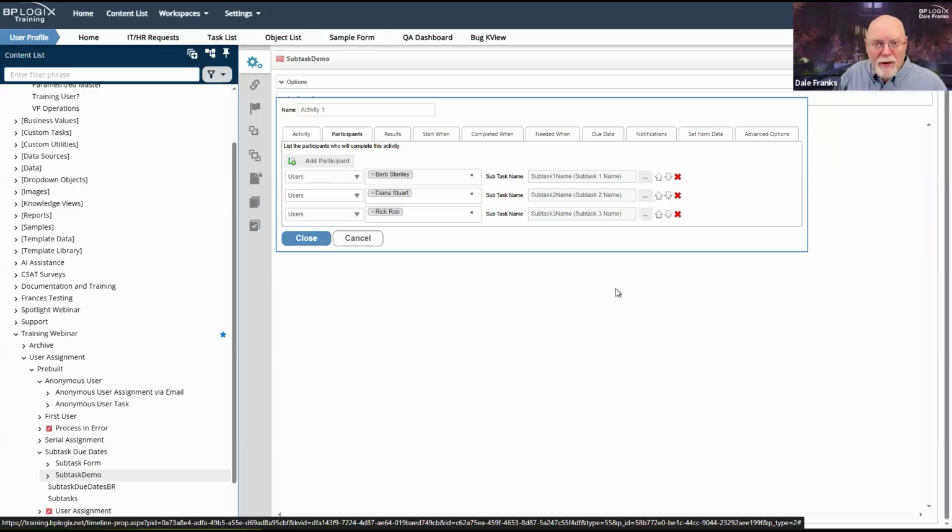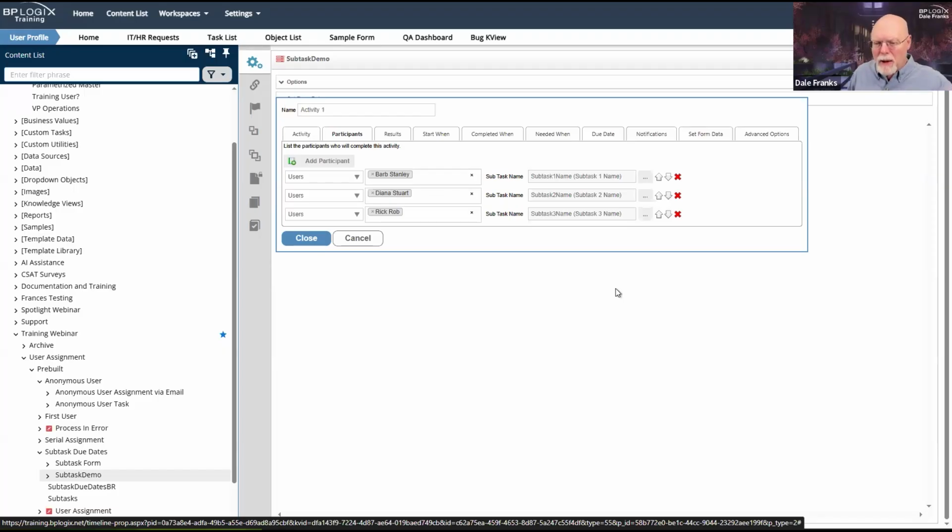And then I can have my 3 subtasks, and I can have 3 or more people, 2 or more, however many it is. I mean, if you only have 1 person who is performing a task, there's no subtask. You have 1 person, that's just the task. And in most cases, if I have 2 or more users, they're all going to do the task. But what the subtask allows me to do is to encapsulate approval loops into a single activity, right?